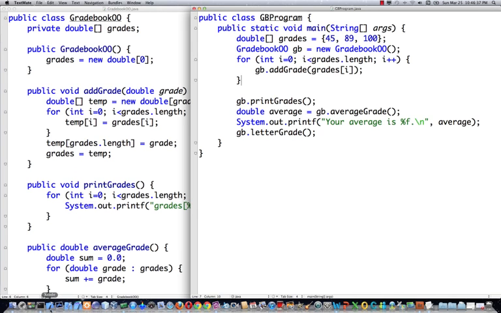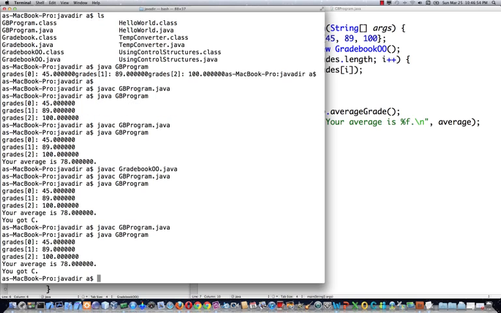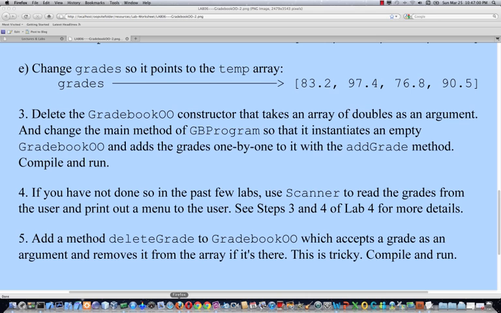So this is the code and we are going to compile it. Java C GB program. As we agreed, we don't have to compile gradebook O because it compiles automatically. In Java GB program. Okay, so the result is exactly the same as the previous one. So ትክክል ነን ማለት ነው።